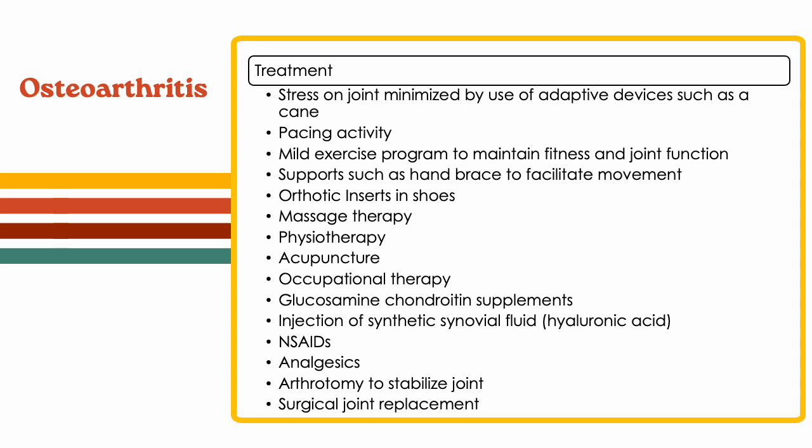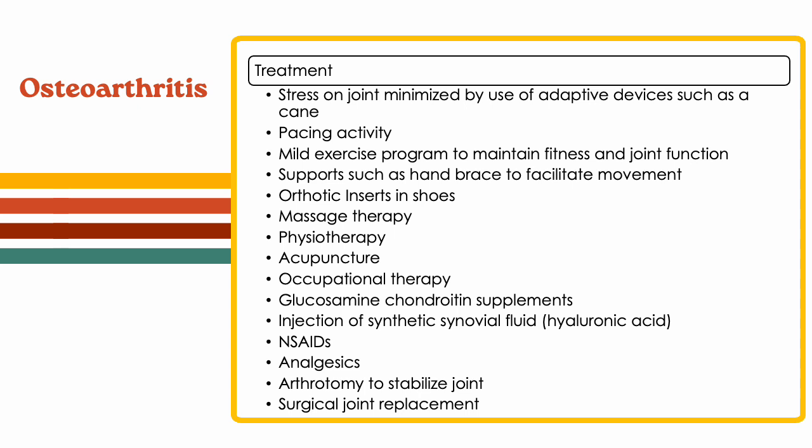Osteoarthritis is treated by limiting your stress on your joints. You may have to use adaptive devices such as a walker or a cane. You may have to pace your activities, so not doing so much at once. You may have to have inserts in your shoes to help with the pressure, massage therapy, physiotherapy, occupational therapy,